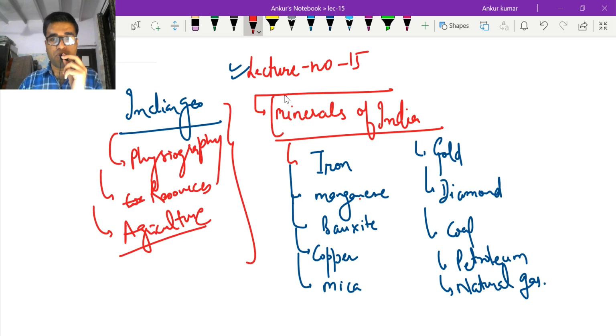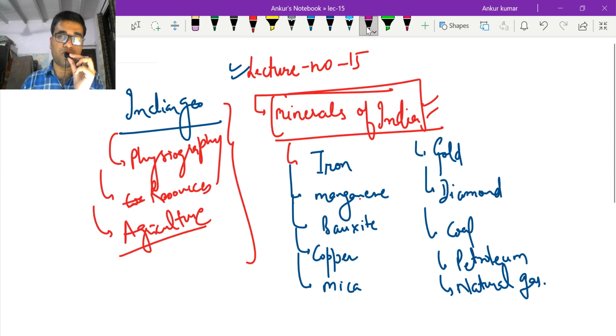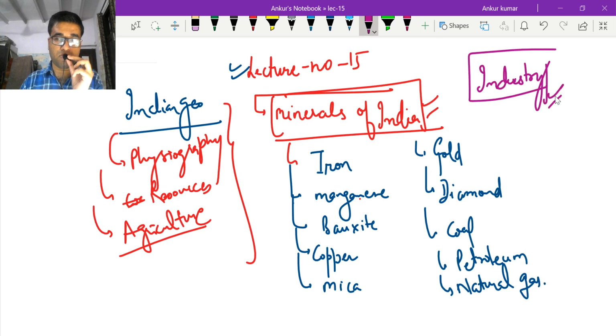It is very important to understand the minerals of India before we take on the industry topic. Industry is a really big topic from where a number of questions are asked in prelims as well as mains. But minerals of India are a prerequisite for understanding the industry. So before taking up the industry, we finish the minerals of India, and we will take up both metallic and